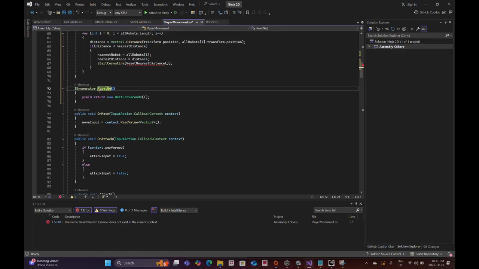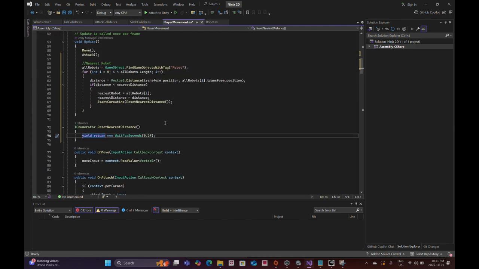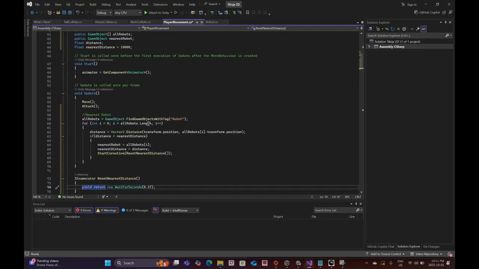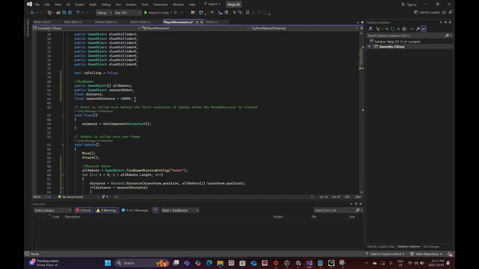ResetNearestDistance, I'm going to do 0.2 seconds. So every time this is triggered, nearestDistance is going to be set to